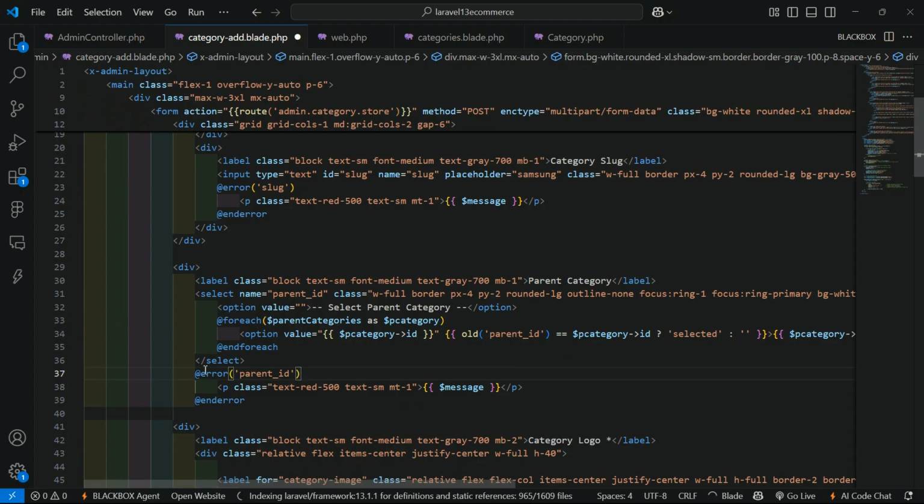And for displaying the validation error message, just write here error, and pass here the control name, which is parent id, and just display here the error message. Okay, now save this,